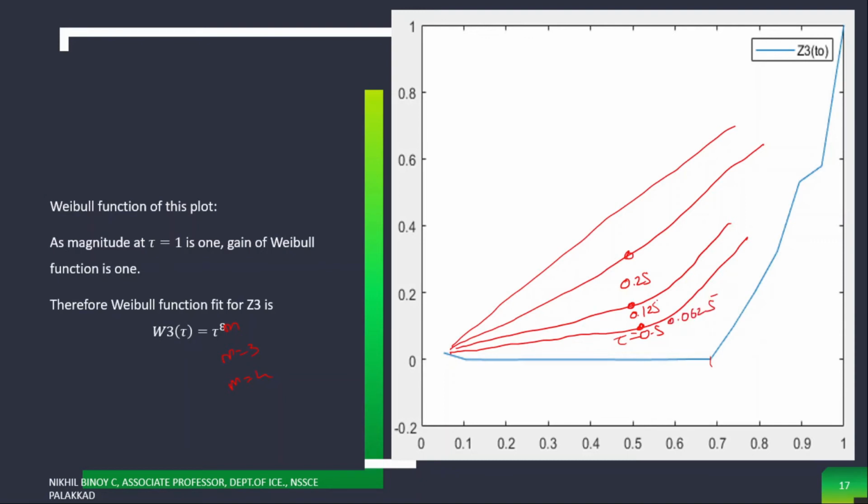So my question is, what is the value here? Tau equal to 0.5 is exactly half of this one. So what about t? t is equal to 19 divided by 2, half of 19, that is 9.5. Go through table 1: corresponding to t equal to, say, 8, what is the value of failure rate? What is the failure rate at t equal to 8? Please go through table 1.